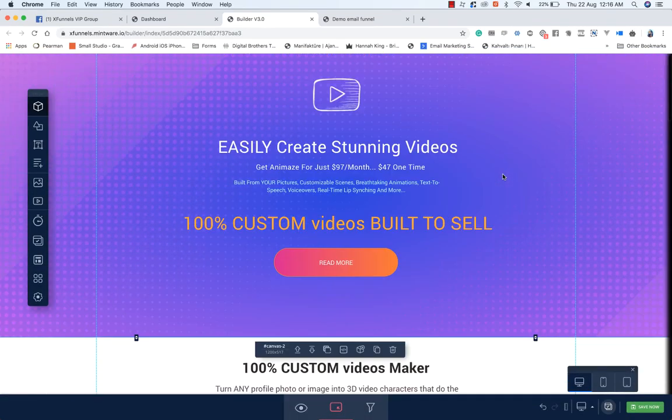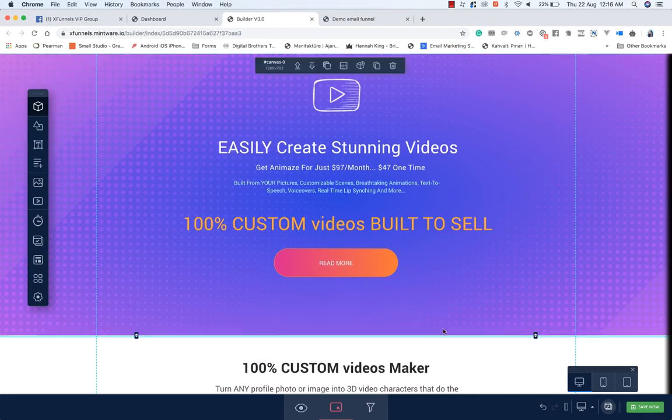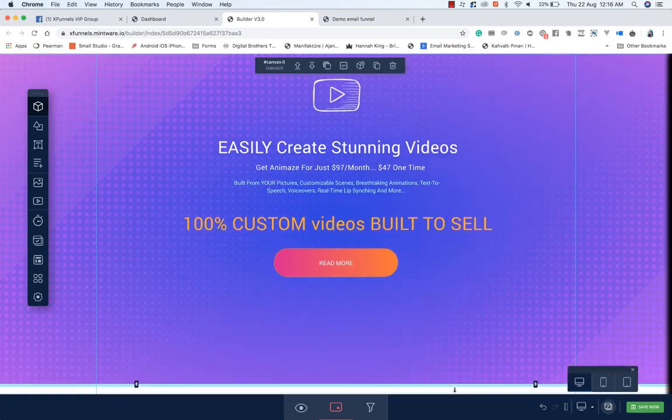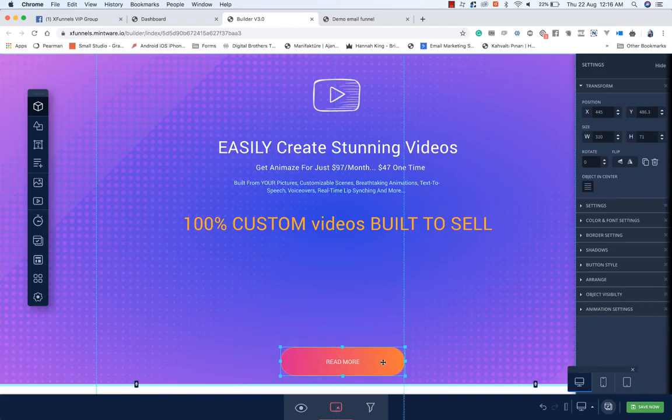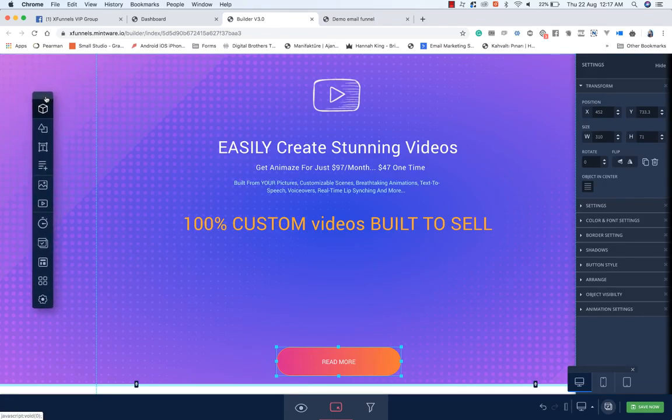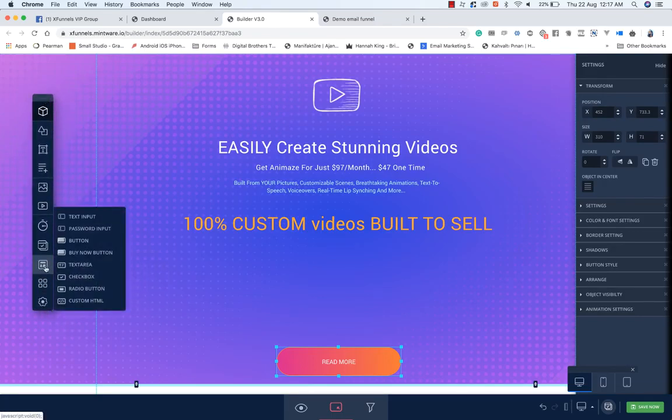Just wanted to show you how to add a block, but what we can do, we can make this header a bit bigger in size. We can move this button to the bottom, and we can add one field. So third last option in the toolbar, this bar is a toolbar, third last option, which is a page builder,